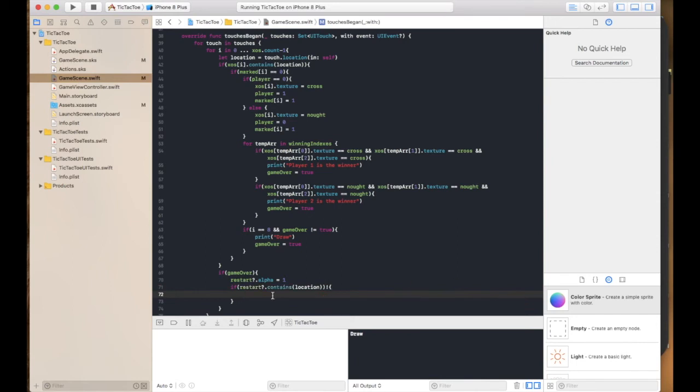So if it contains that location, then we are going to restart everything,